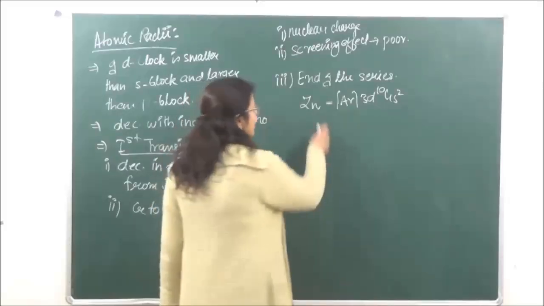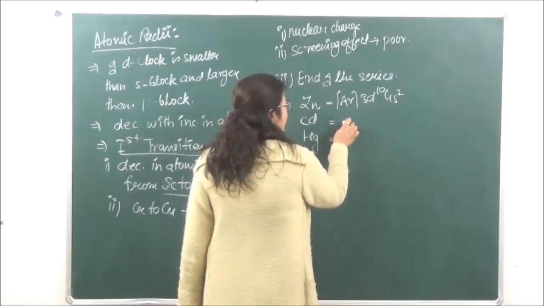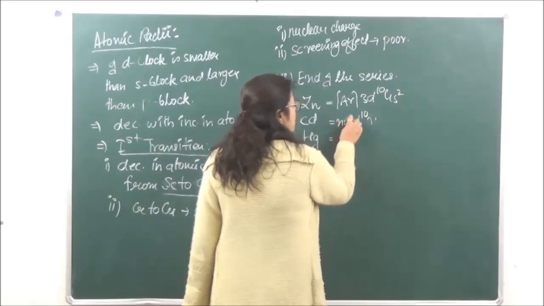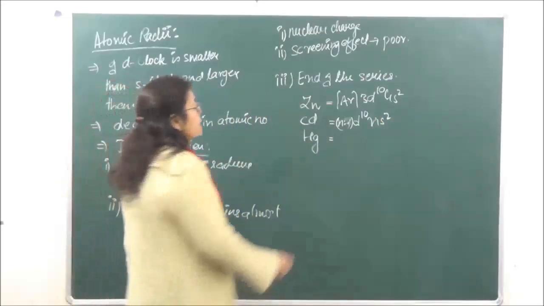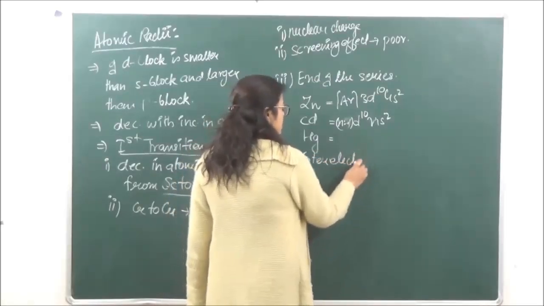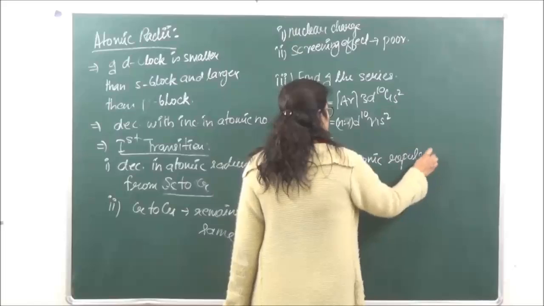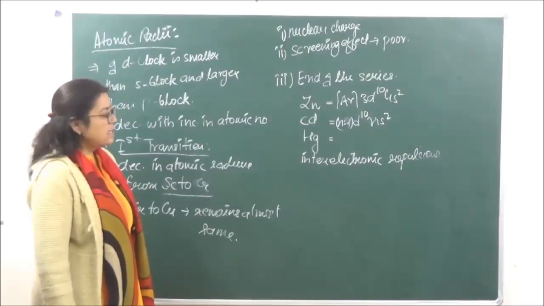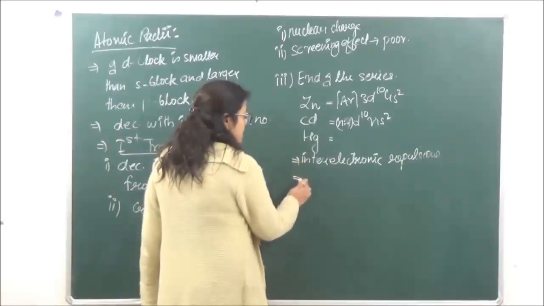Okay? In a similar manner, we go to cadmium, we go to mercury. So in all of these, the general electronic configuration is going to be (n-1)d10 ns2. Now because of the fully filled d orbitals over here, there are going to be electronic repulsions which are going to take place. Okay? Because of these inter-electronic repulsions, there is